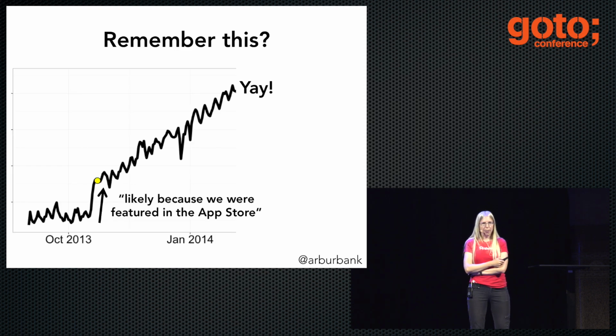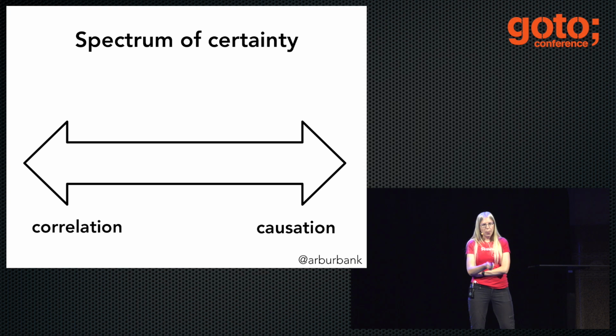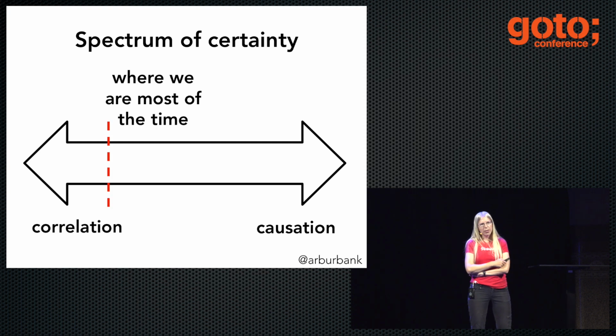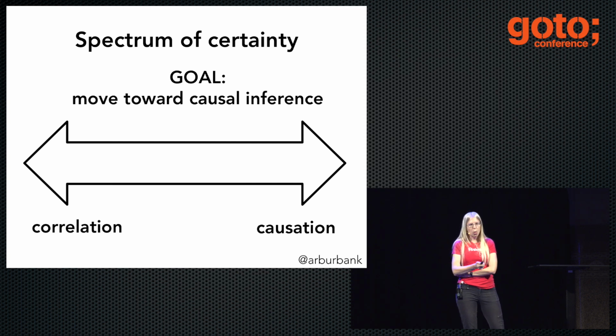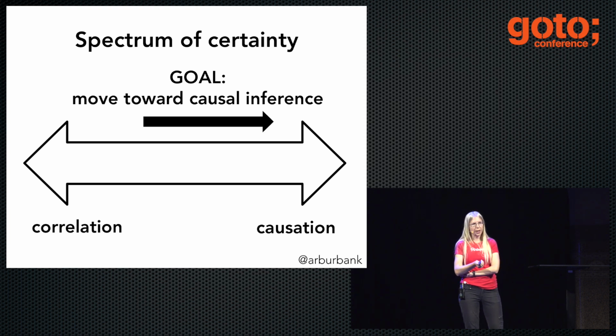If you go back to this problem, we saw this big jump in usage and said, well, it's probably because we were featured in the App Store. That explanation is perfectly reasonable, but where does it fall on the spectrum of certainty? So if you're on a range from correlation to causation, a lot of the things you say are much closer to the correlation end than you think they are. The goal of a lot of the data things we do is to move closer to causal inference, move further to the right on the spectrum. An excellent way to do that,